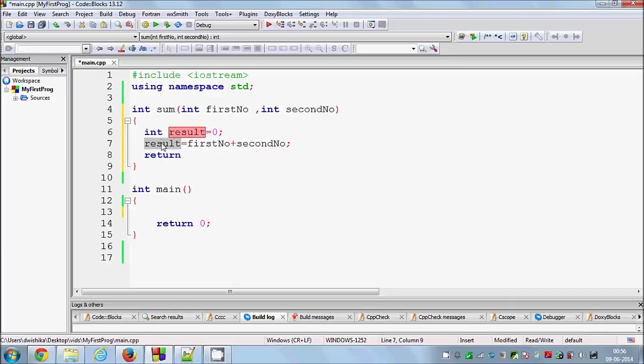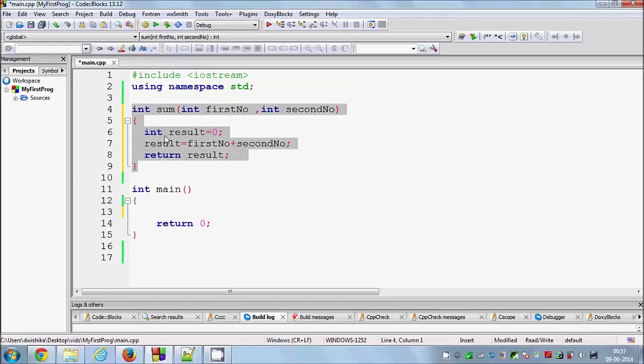And now, because this variable holds my result, and this function is supposed to get int in return, I will just return this result like this.